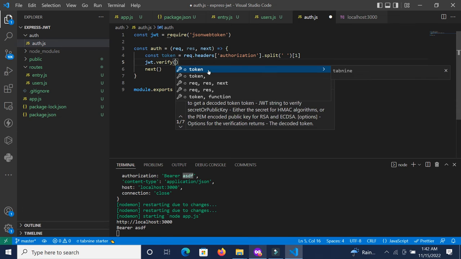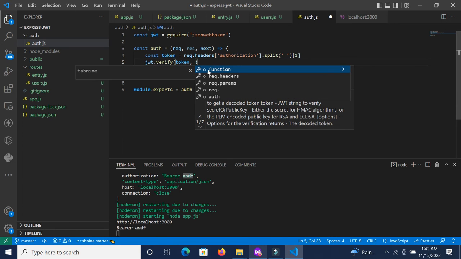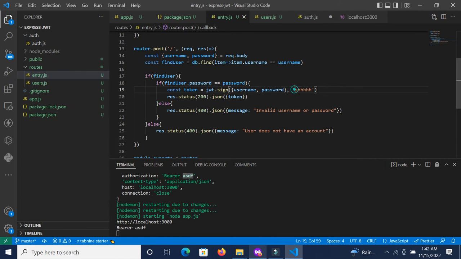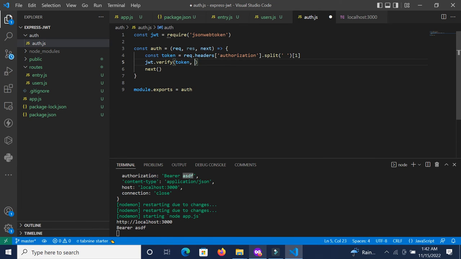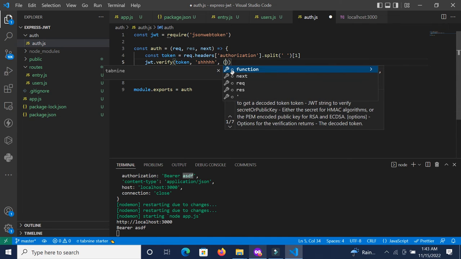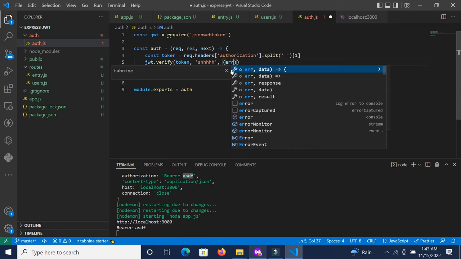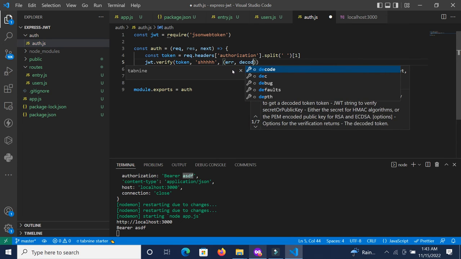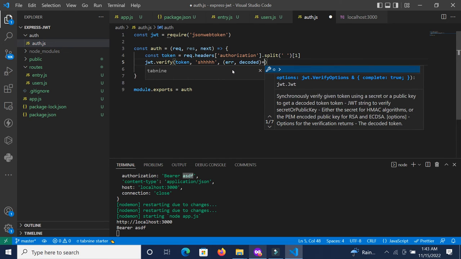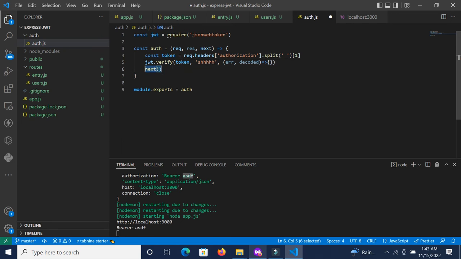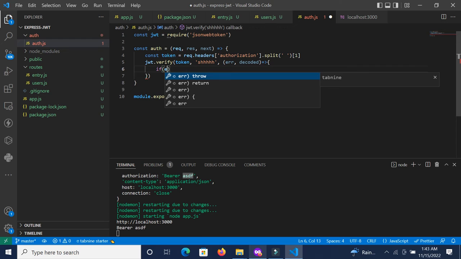dot verify, right? So pass in the token, and we're also passing the algorithm. So over here, realize that we have this secret, whatever. So I'm going to come over here and pass in that particular information, right? And this is actually going to return either an error or decoded information, right? So we're going to have this. So let's remove our nest from there, right? So we'll check if we have error,